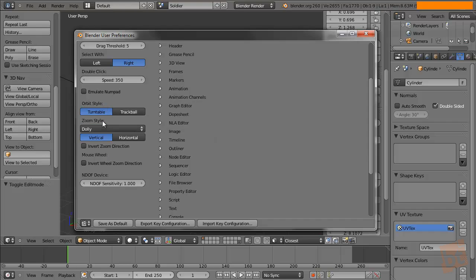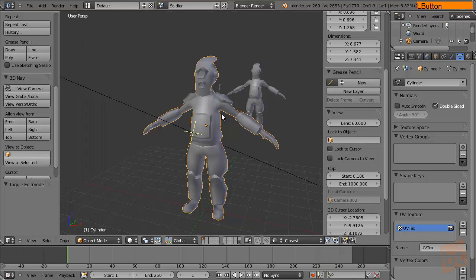Alright. And finally, this is the turntable versus the trackball orbiting methods. Probably you find it more useful to use the trackball. Turntable is the one that I use. Turntable lets you rotate the camera in 2 axes, while trackball lets you use the camera in the 3 axes. For me, it's some kind of a pain, because